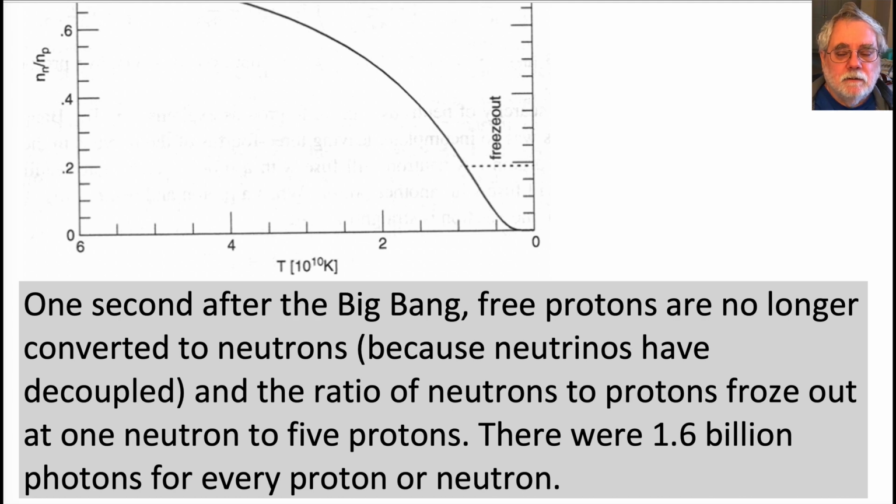Around 10 seconds, temperature had fallen to the point where electron-positron pairs ceased to be produced, and they annihilated, producing gamma rays. Though electrons and positrons were believed to have been created initially in equal numbers and should have annihilated in equal numbers, leaving 0 electrons in the universe, somehow there was a small residue of negatively charged electrons, exactly balancing the positive charge of the residue of protons, so the universe as a whole was electrically neutral.